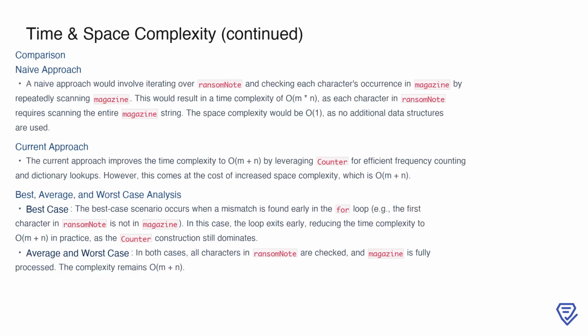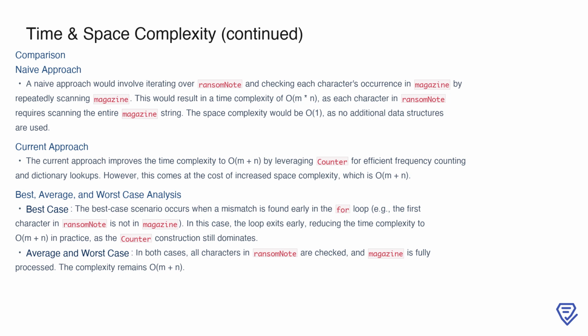To understand the efficiency of this approach, let's compare it to a naive solution. In a naive approach, we would iterate through each character in the ransom note and check its occurrence in the magazine by scanning the magazine repeatedly. This would result in a time complexity of O(m*n), as each character in the ransom note triggers a full scan of the magazine. However, the naive approach has a space complexity of O(1), because it doesn't use any additional data structures. In contrast, the current approach significantly improves time complexity to O(m + n) by leveraging the Counter class for efficient frequency counting and dictionary lookups. This improvement does come with a trade-off in space usage, as the space complexity increases to O(m + n) to